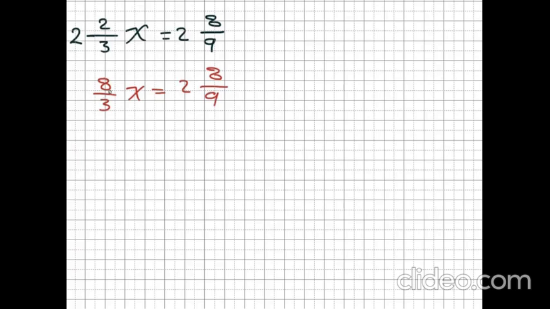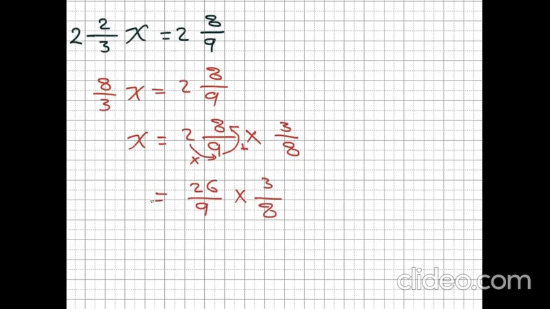Now we can move 8 over 3 to the other side using multiplication. X equals 2 and 8 over 9 multiplied by 3 over 8. But this is a mixed number. We have to change it to become an improper fraction. 2 multiplied by 9 is 18, then plus 8 it's 26, 26 over 9, then multiply by